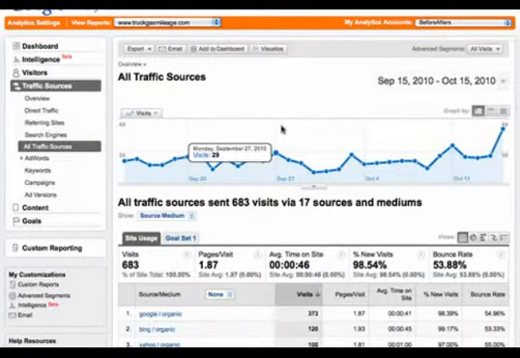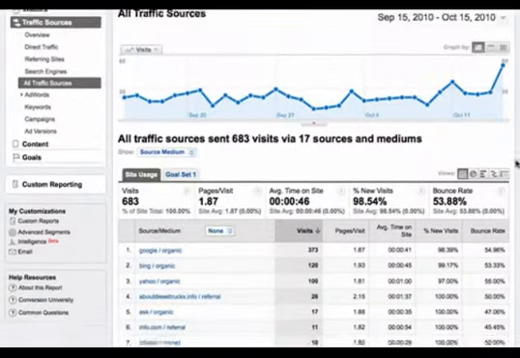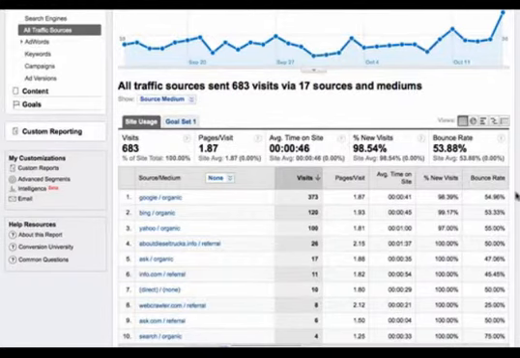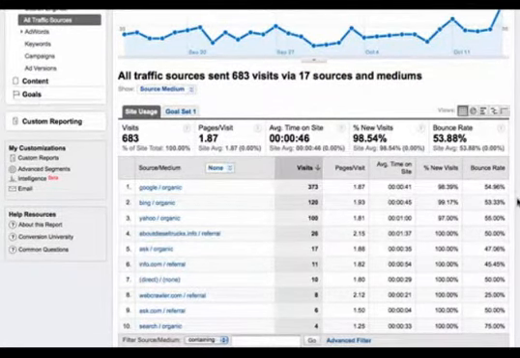and you'll see within the all traffic sources section here, it shows us all the traffic sources, and this allows us to see where all of our web traffic is coming from. And for most of the Blueprint sites, you're going to be getting a high percentage of traffic from Google, probably most of your traffic from Google, and then trailing behind there'll be Bing and Yahoo and some of the other